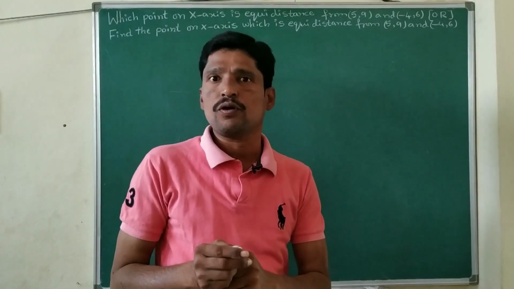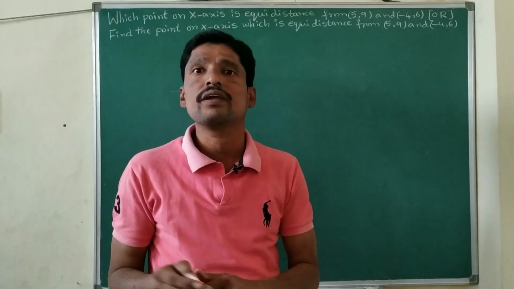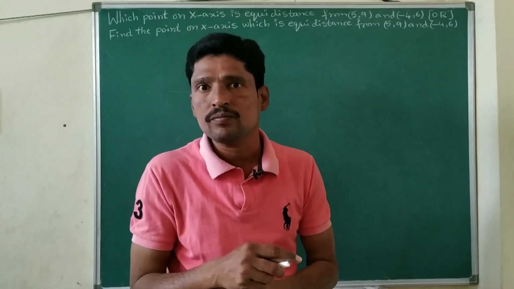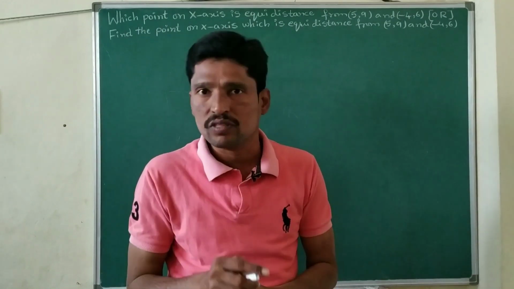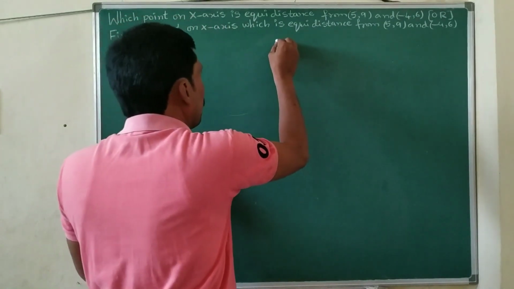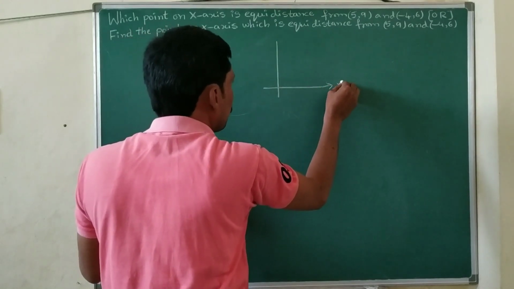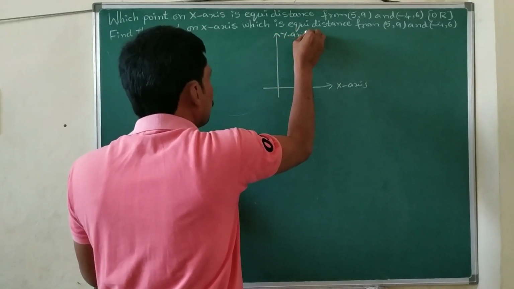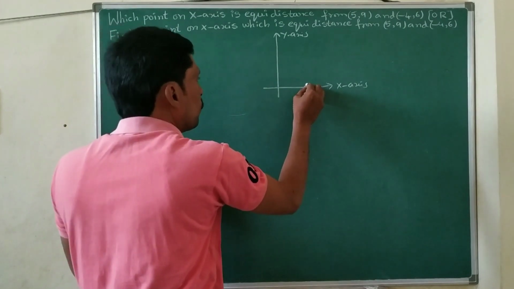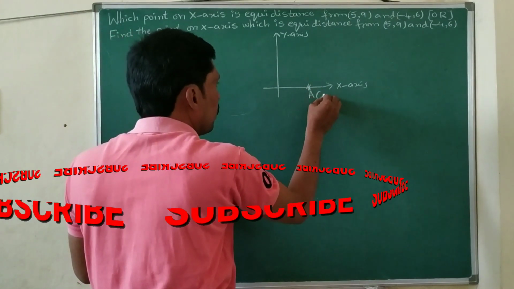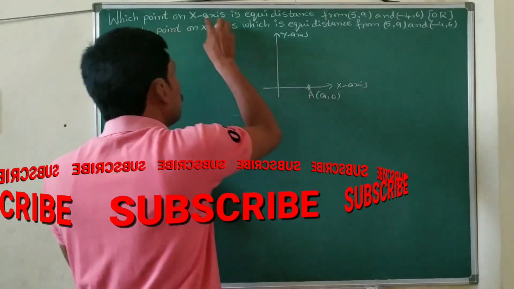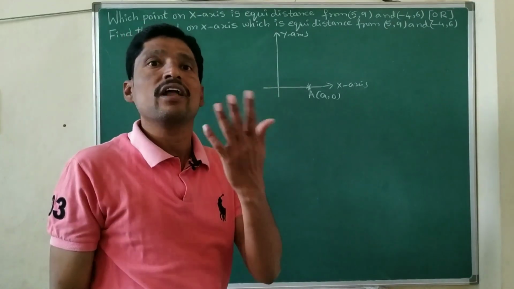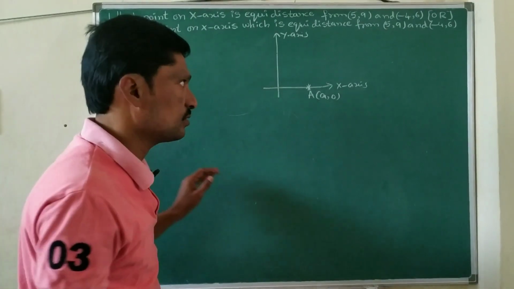What is the point on x-axis? It is of the form (a, 0). The coordinate is (a, 0). On y-axis it will be (0, a) or (0, something) we need to take. So see here, this is the x-axis and this is the y-axis. On x-axis, one point will be this point I am taking, A of (a, 0). If they asked for the y-axis, you can take (0, some value a or b), like that, a variable you have to take.